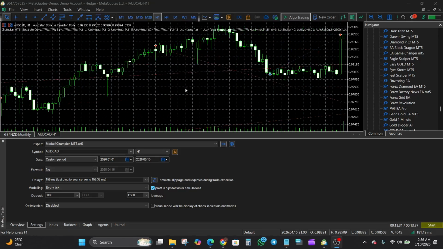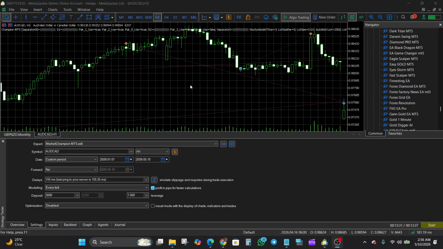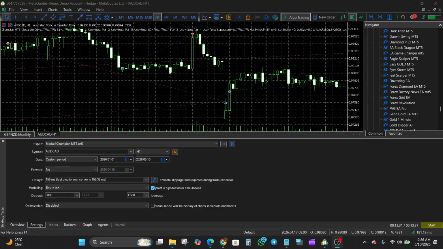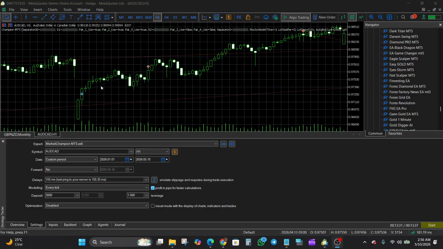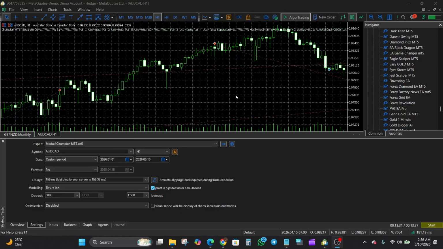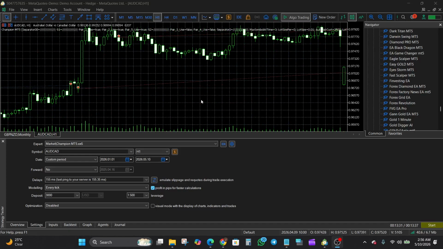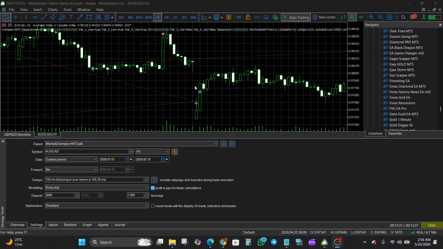This EA seems to be the type that can hold trades for a while. This is a 1 hour time frame, and we can see that a sell trade was taken here, closed here. We can see a buy trade was taken here, closed here. We can see this particular trade was taken all the way from this point and closed here. So the EA can hold trades for quite a while, perhaps hours or maybe over a day, I guess, depending